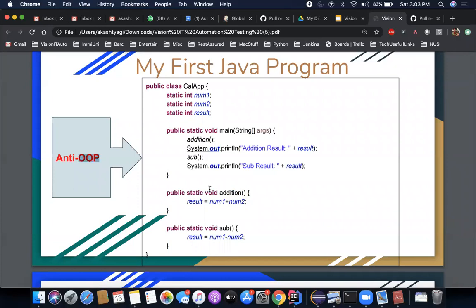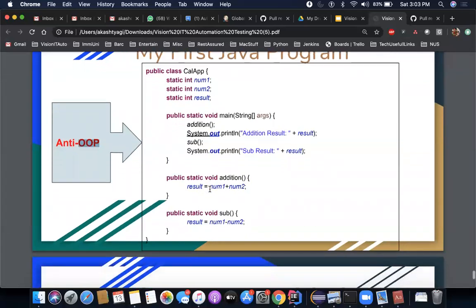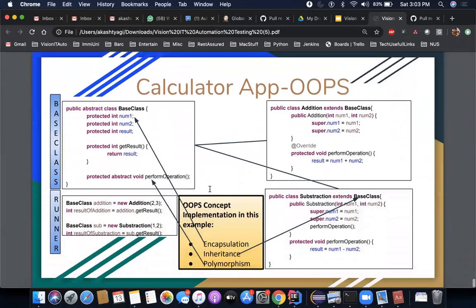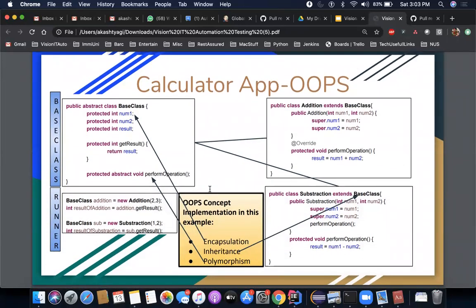We need to learn that, because it's very rewarding to use object oriented design when you create a framework or any application, right? So how an object oriented design of this calculator should look is what I am showing you right now. We will create all of that, so not to worry if you're not getting this.